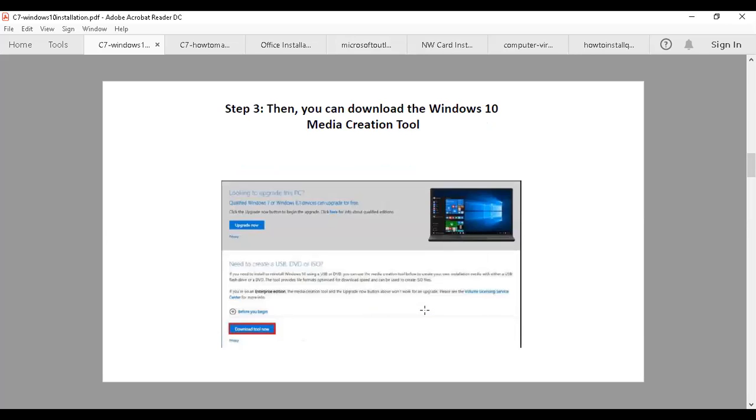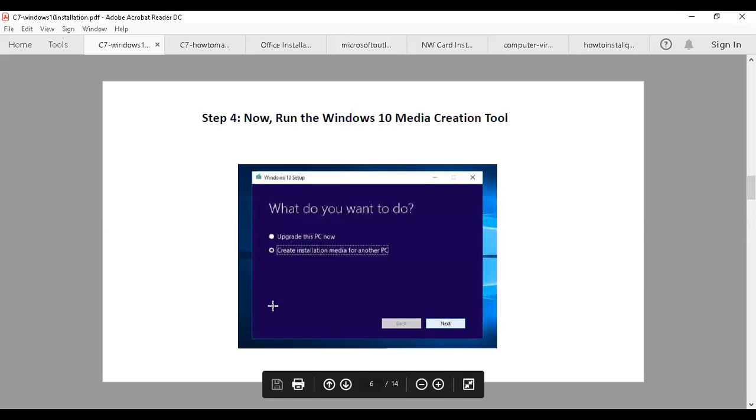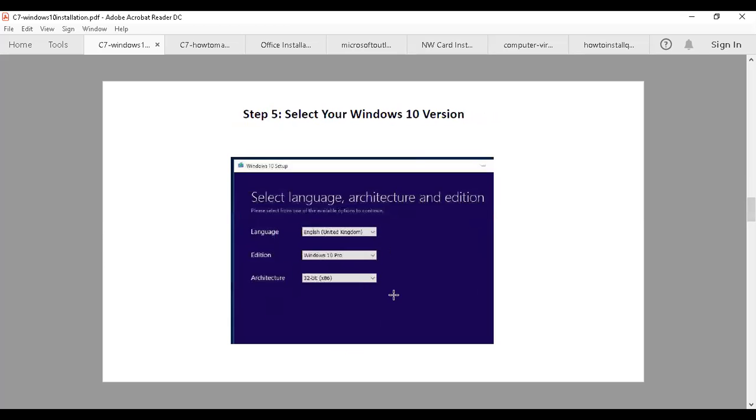You can download the Windows 10 media creation tool here. Download tool now. Create installation media for another PC. Means if you want to download an ISO file, an ISO image, and make a bootable drive, here you need to create installation media for another PC and then proceed next.